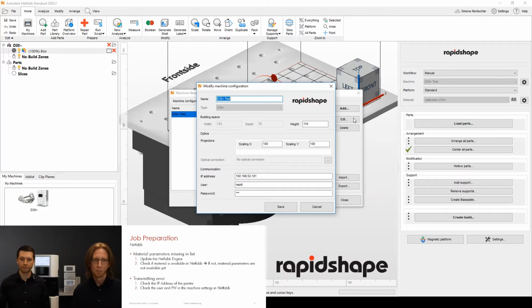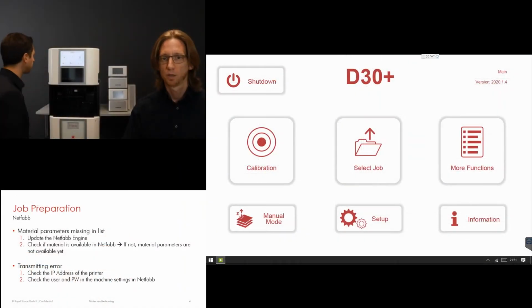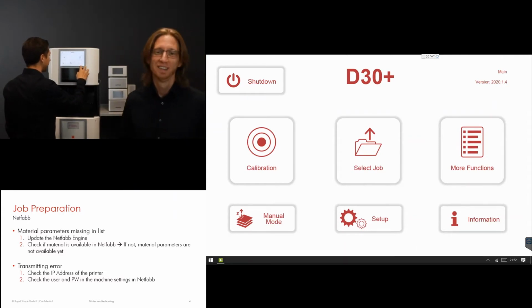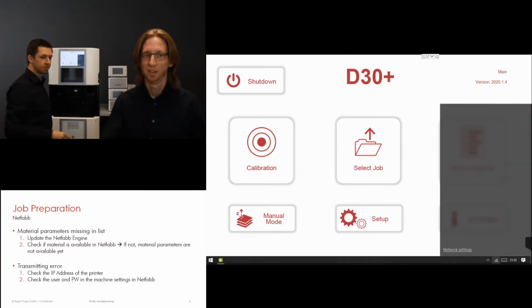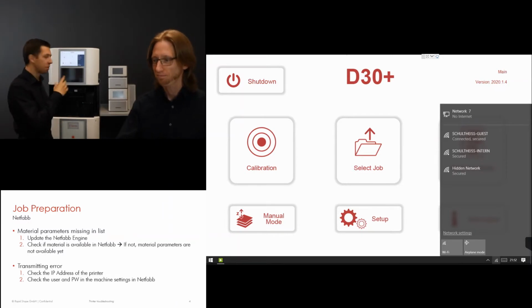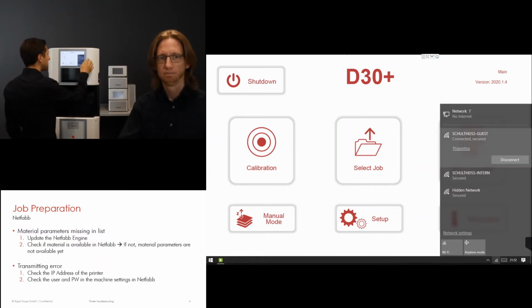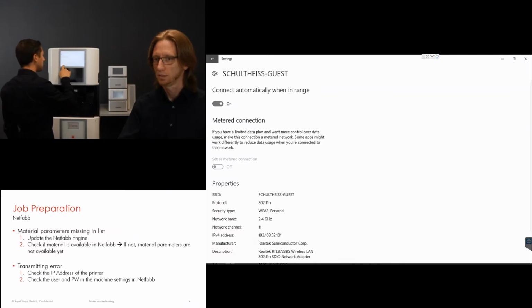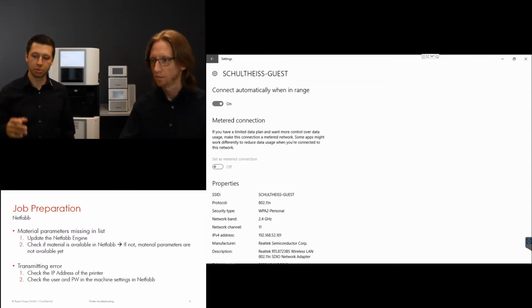All right, let me share the screen with you guys so that you can see what's actually happening here. This is the machine screen, and Robin will show us where to find the IP address on the machine here. We're now connected with Wi-Fi, so it's a bit more complicated, but also quite easy. I will just select the Wi-Fi I'm connected to and click on properties, so I can see it on the bottom left. Now the IP version 4 address, and I can compare this one directly with the one I